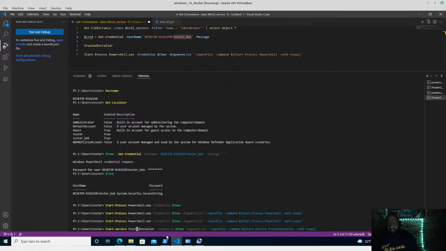Let's see if this works. Okay, so let's double check. We got start service. We have trusted installer, which is the name of the service we're trying to start. We tell it to use credentials, and we're providing credentials. And there's an argument list of no profile, which I have no idea what that means yet. I gotta look it up. The command, we're passing the exact same command in with the verb run as. The heck if I know what this action means. But we're going to try it first. We can always look into it in a moment, or I can look into it and put it in the